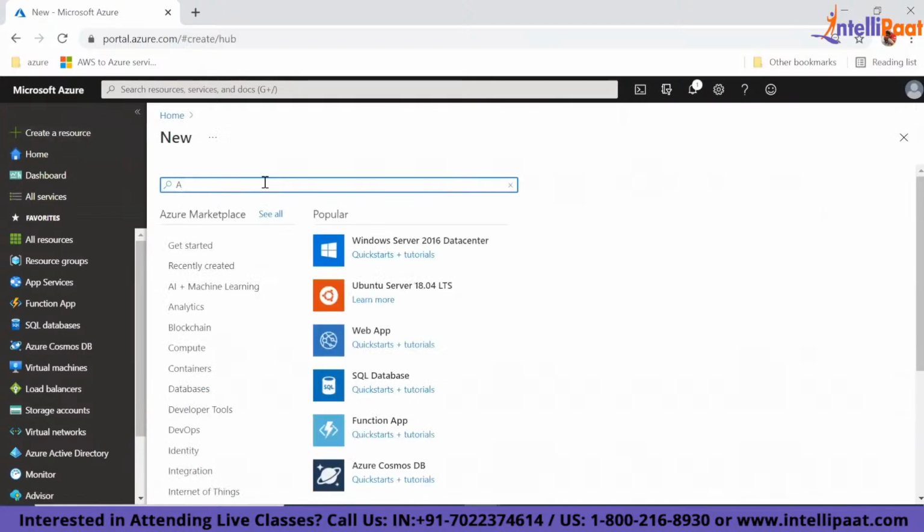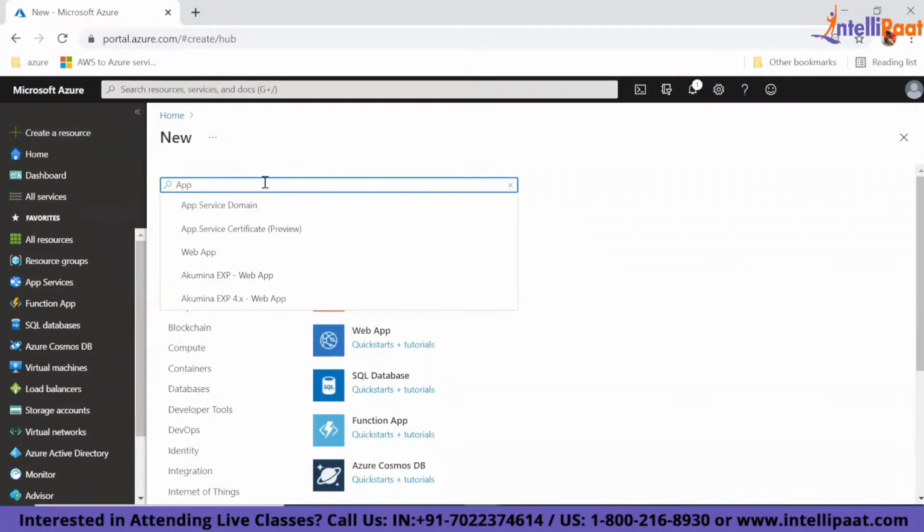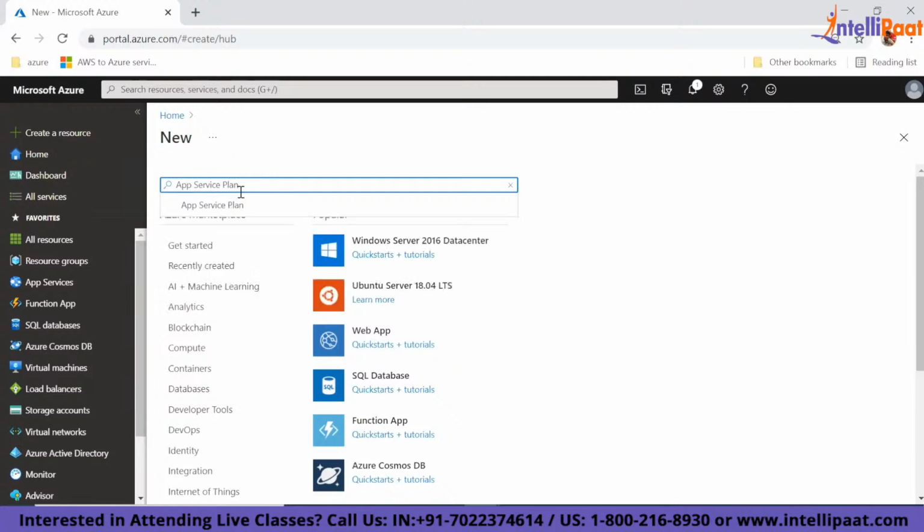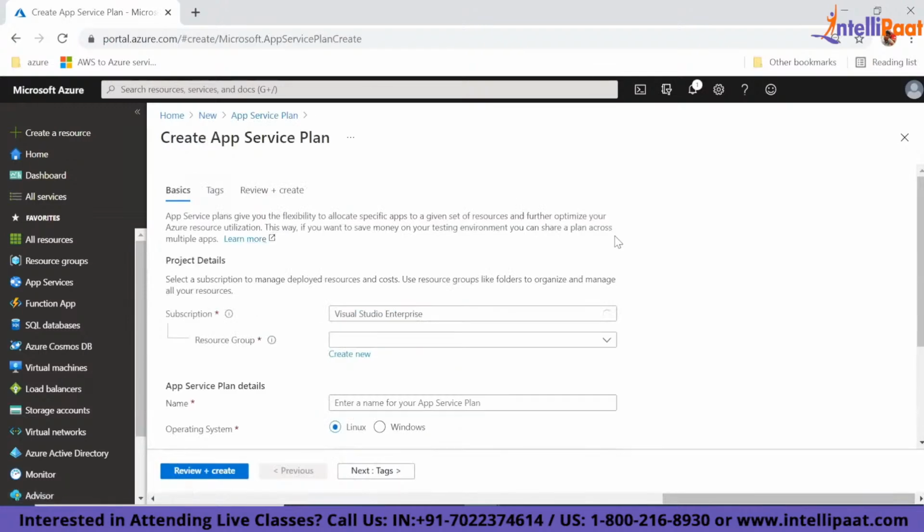What we wanted to create, I said there are two aspects of an app service. One is the app service plan, and then finally the app service or the website. So I want to create first an app service plan or the hosting plan. So let's create this service. Okay, the first thing it is looking for, it's a premium resource. It's not a free resource. So you need an active subscription to create an app service plan.